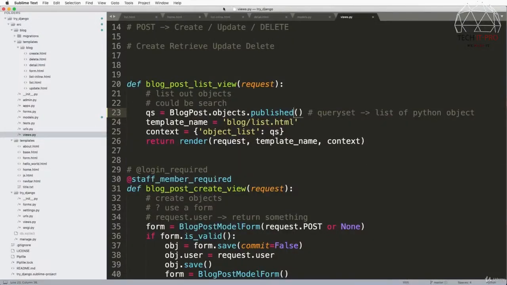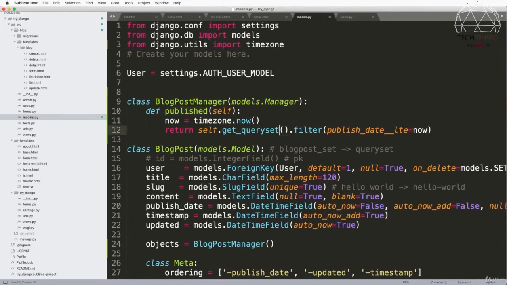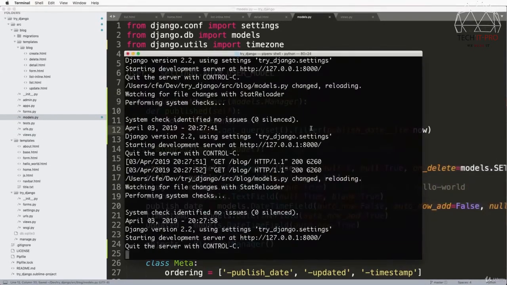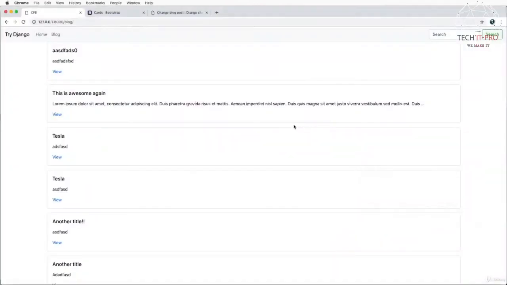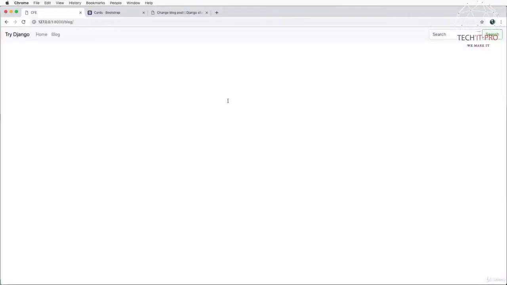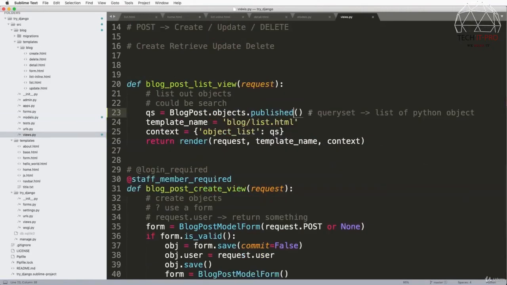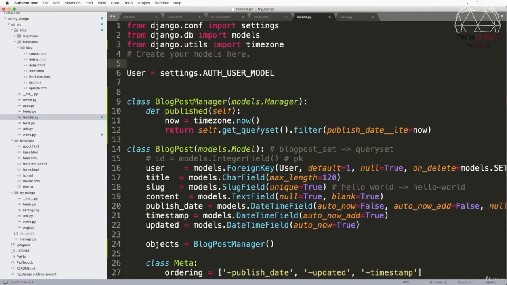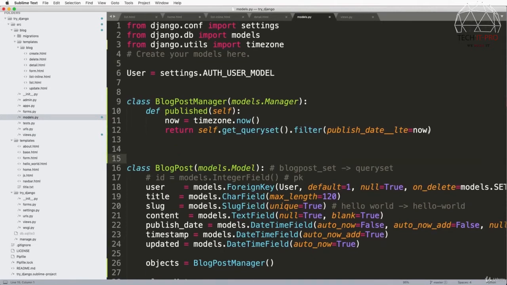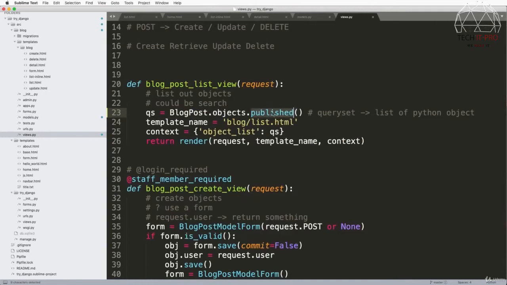Save that, refresh, and didn't come through. Let's go ahead and rerun the server. And now that blog is also still empty, right? So it's going off of published. But I actually want to go even one step further. And that is, I want to be able to use this right here on any of my query sets. So in other words, going back into my views, if I did all().published,